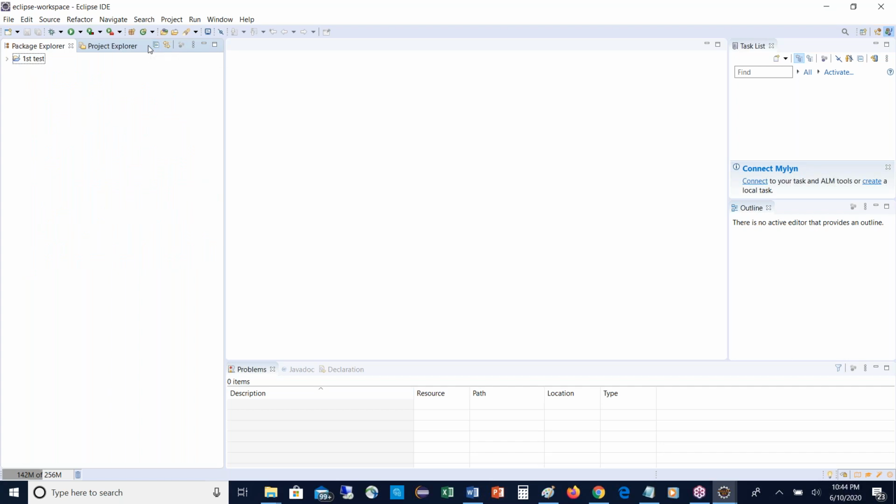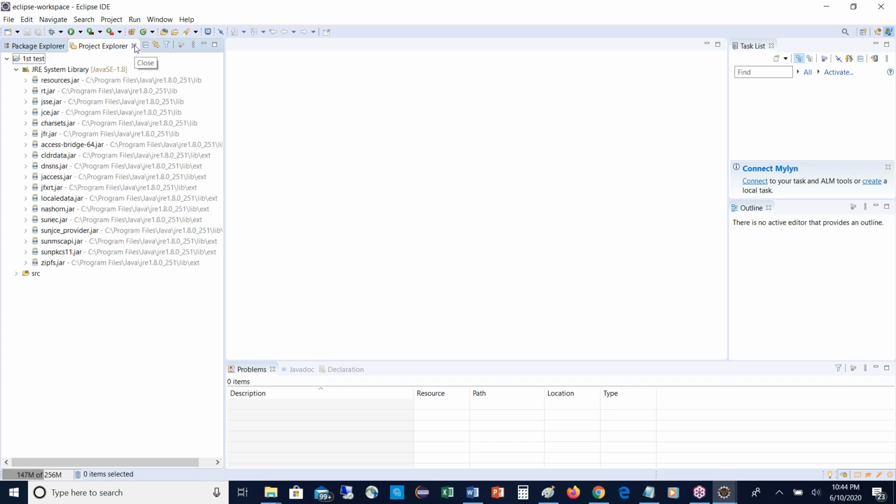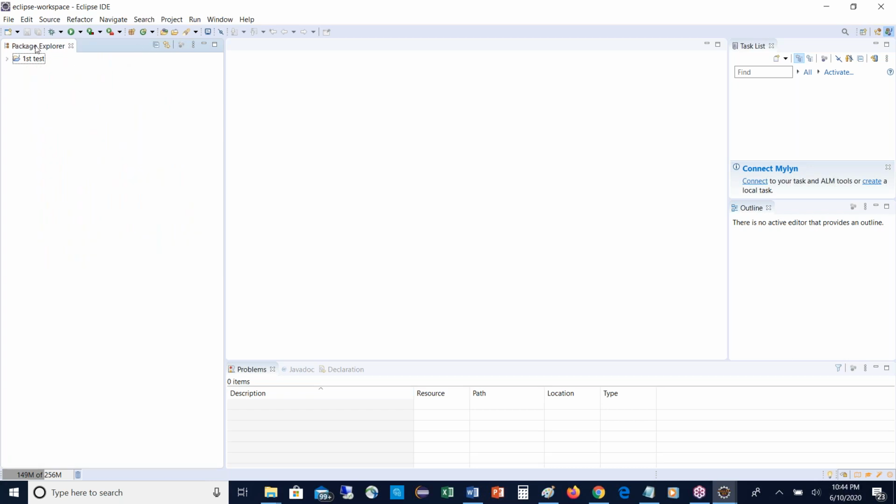Please close that, you'll get confused, others also will get confused. First highlight Project Explorer and close it. Then in Package Explorer, please expand your project. This is the way, right?